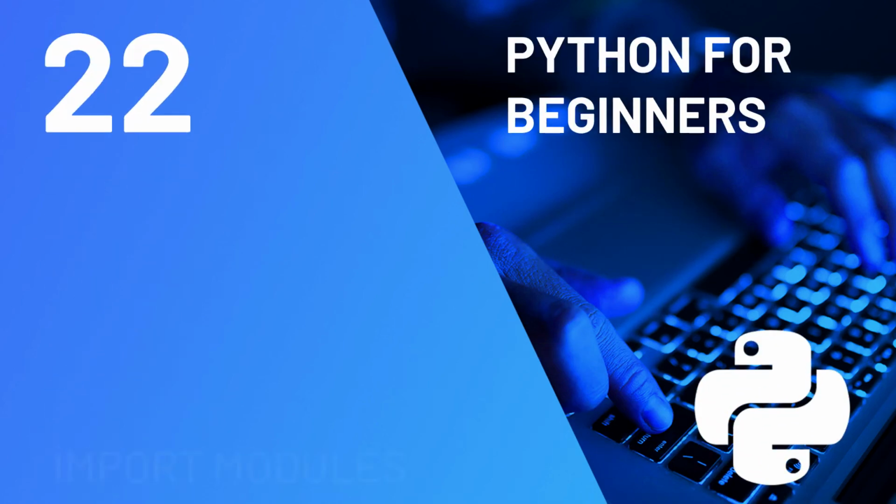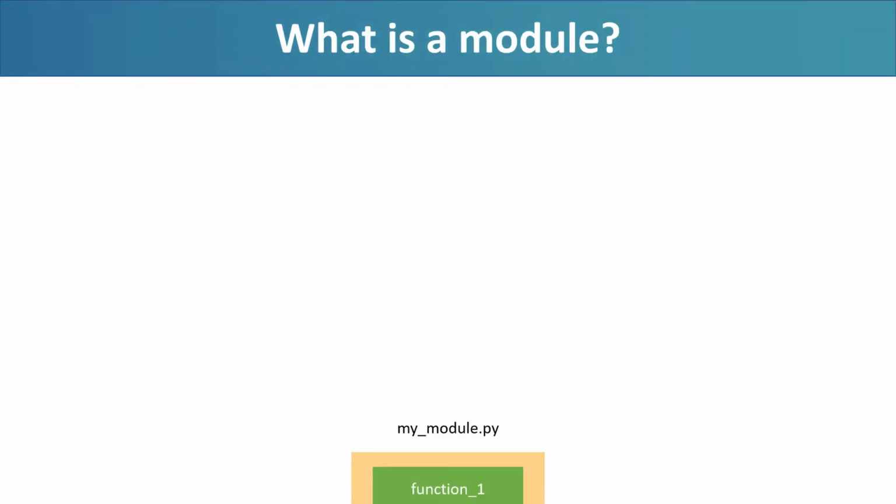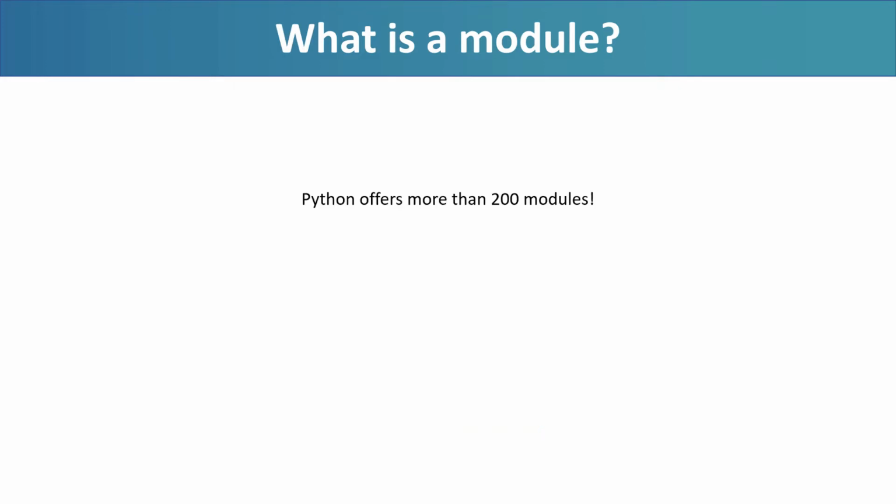In this video, we are going to learn how to use Python modules other developers and teams have written. As we discussed in the previous video, a module is simply a Python file containing a collection of functions, variables, and classes, a topic we will explore in a future course. In the previous video, we learned how to create our own modules. Luckily for us, Python comes with a huge collection of modules that we can use without having to write them ourselves. This collection of modules is the Python standard library, which counts more than 200 modules.